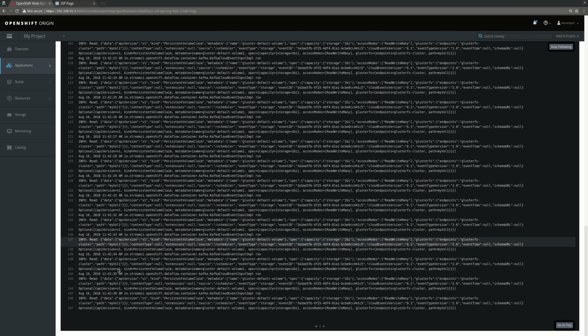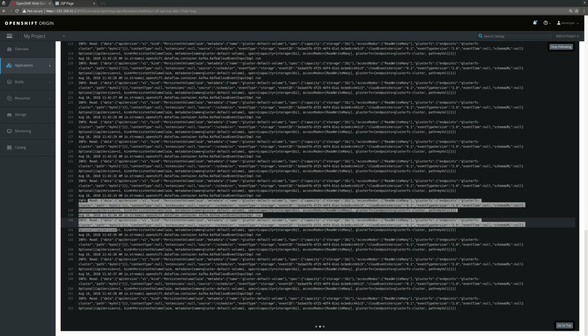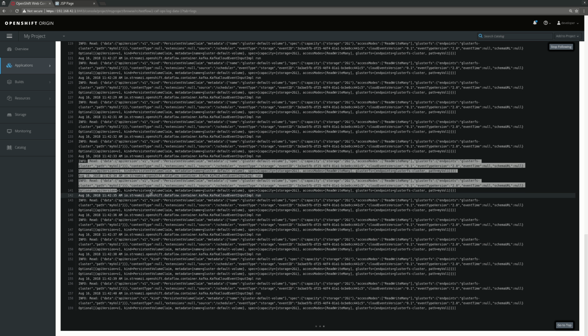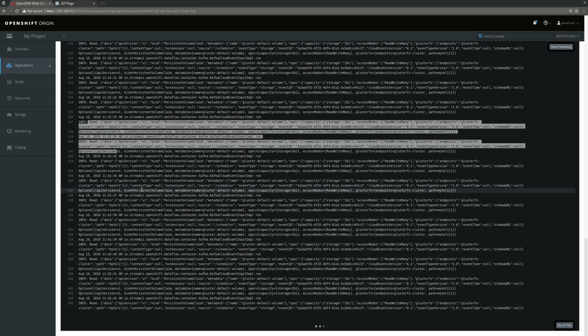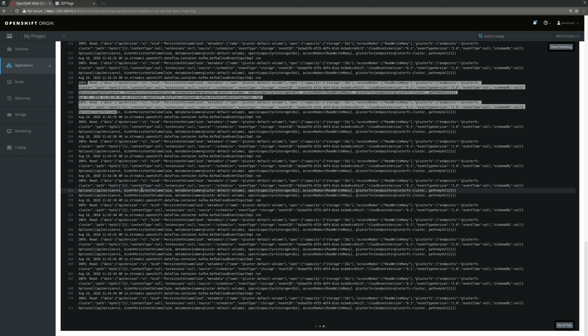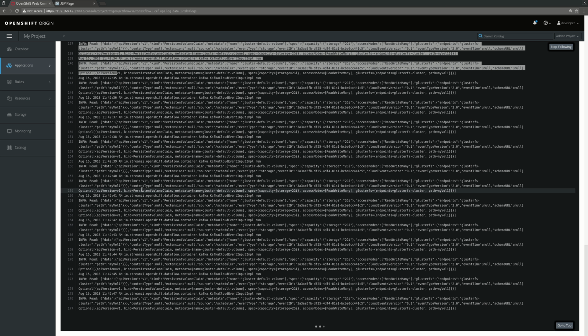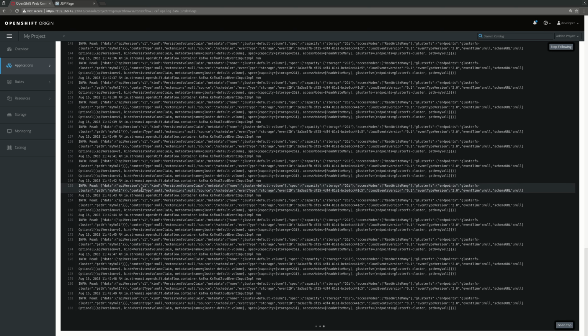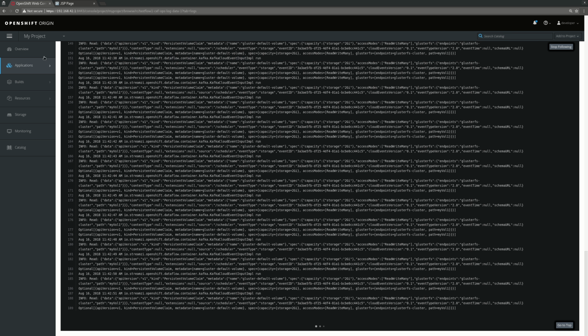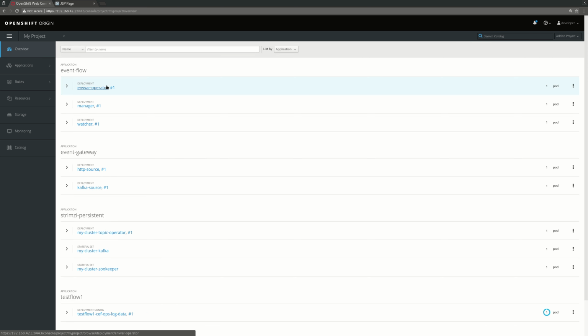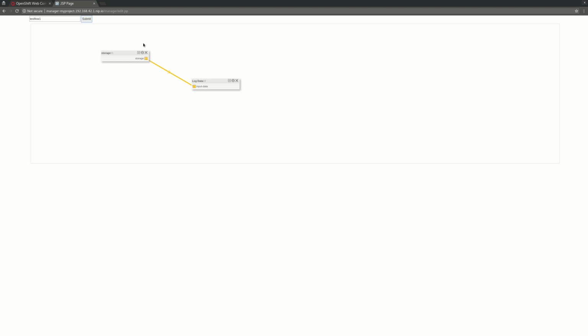And as you see here, that's basically persistent volume claim data that is submitted over HTTP to the gateway. The gateway routes it to a normal Kafka topic, and then I use the event flow component to connect a logging container to a given Kafka topic. So here I could also provision other containers that do something more meaningful with it, and then I